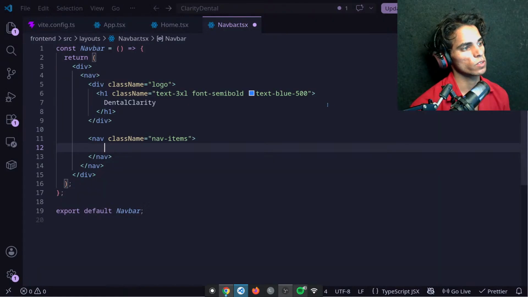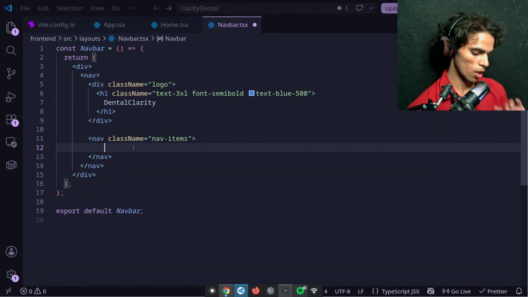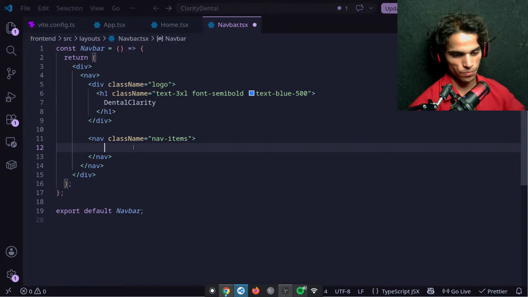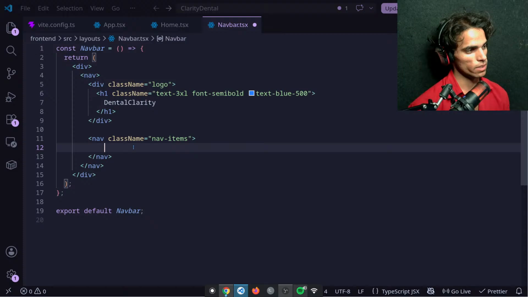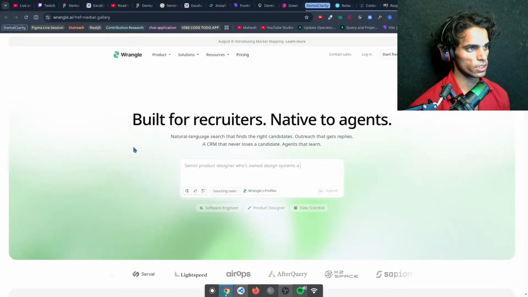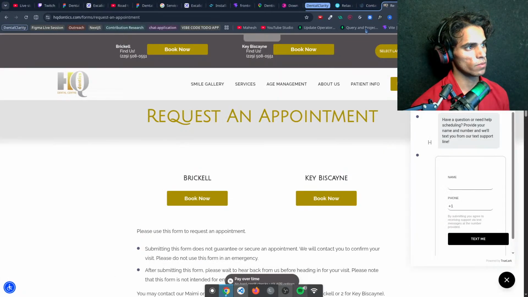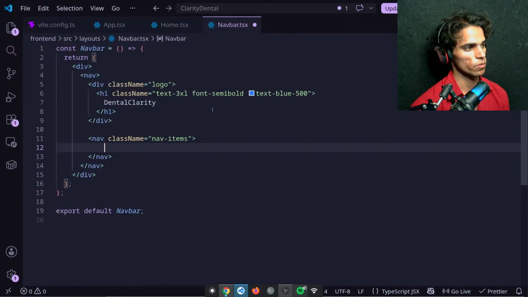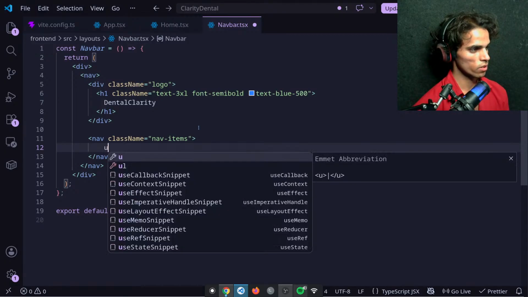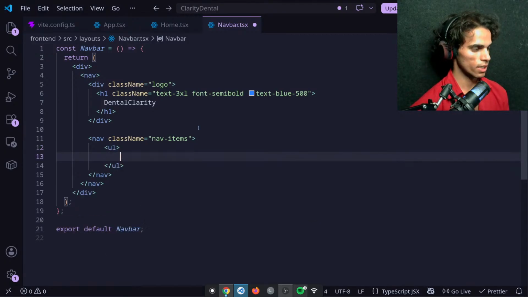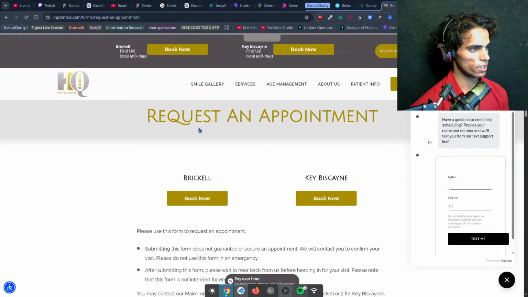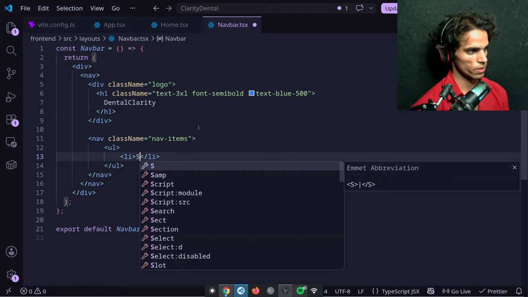Okay. So what I want, inside nav we'll have multiple nav items. Okay, for now we'll have small gallery, services, age management, about us, patient info. For now I just want to add them. Okay. So inside this we'll have li, and which will be small gallery.